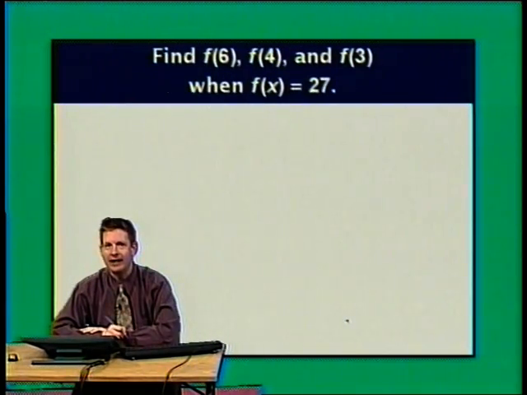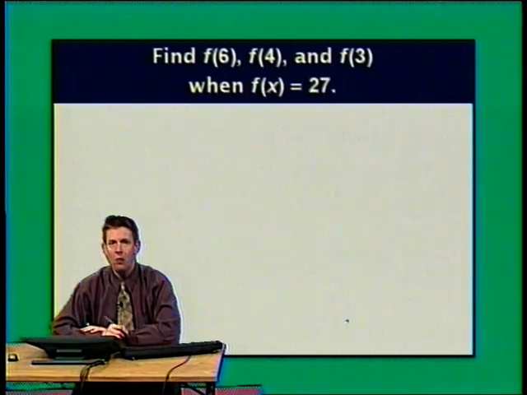How about finding f of 6, f of 4, and f of 3 when f of x equals 27? This type of function throws most people for a loop the first time they encounter it because they see x on the left, but they don't see x on the right. And so they don't know what to do with the 6, what to do with the 4, what to do with the 3. Well, I'm going to give you a little crutch to help you get used to this type